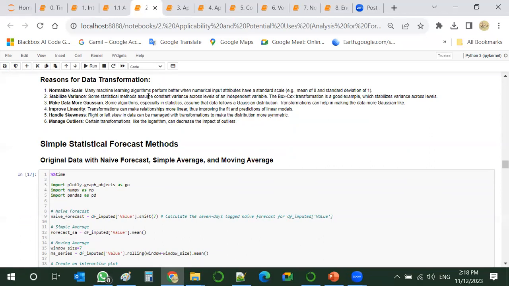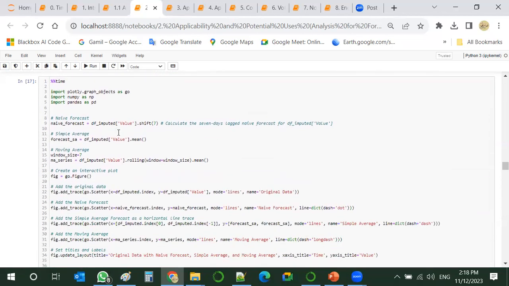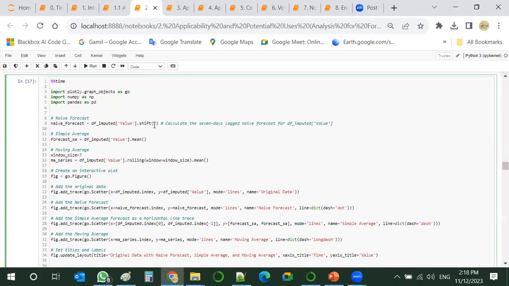Now let's see some simple statistical forecast methods. And we will apply this on our original data. So we are going to see how naive forecast results will look like, how simple and moving averages results look like as well, and we can compare. So for naive forecast, we just shift by 7 days.